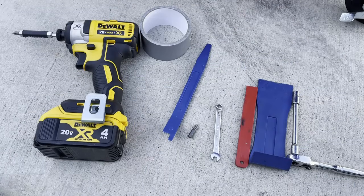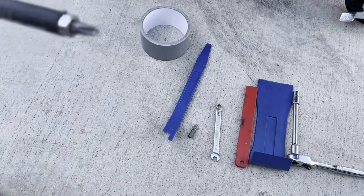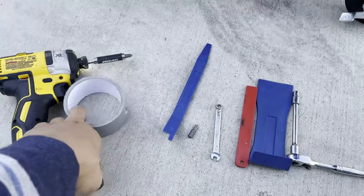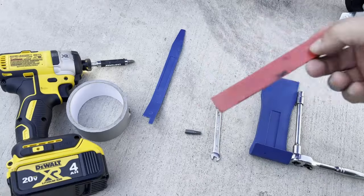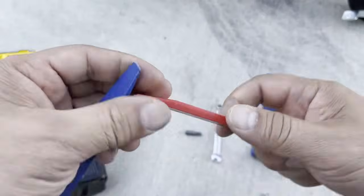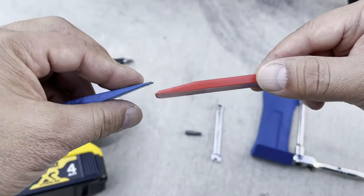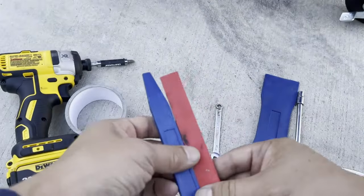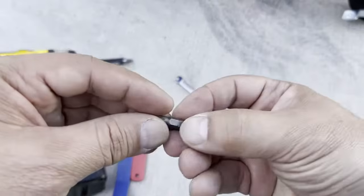Okay, these are the tools that you're going to need. You're going to need a power drill with a Phillips head on it. You're going to need some duct tape. You're going to need at least 2 scrapers. Not necessary if you only have 1 scraper, but you're going to need scrapers that have a thin edge, just like this. It's supposed to go inside of a little tight crease, okay? Try to get 2 if you can. If not, 1 is okay. We will manage with. You're going to need a T30